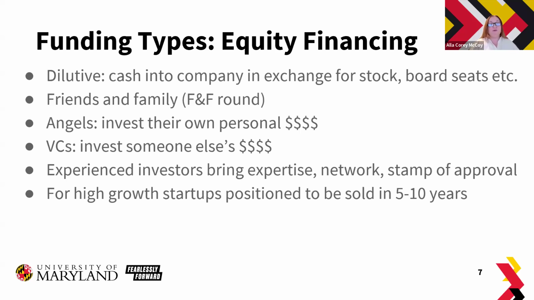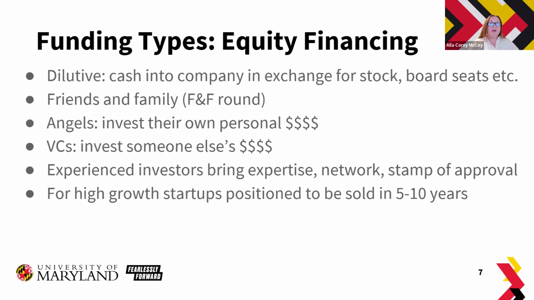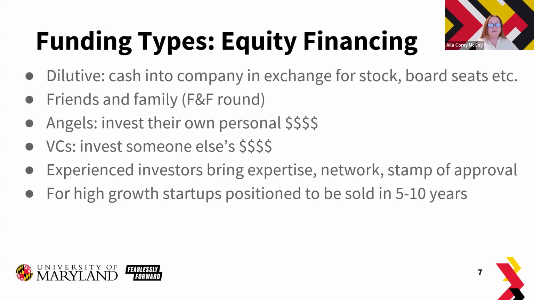Typically, the first equity investor in your company would be friends and family. So your friends and family would put money in. Again, be very careful who you take money from. Don't take your uncle's retirement because it is a risky business. Or if you do take your friends and family money, make sure that people understand that there's a good chance that that money will be lost and will not be returned to them. It is usually one of the first round of equity financing after the personal investment.